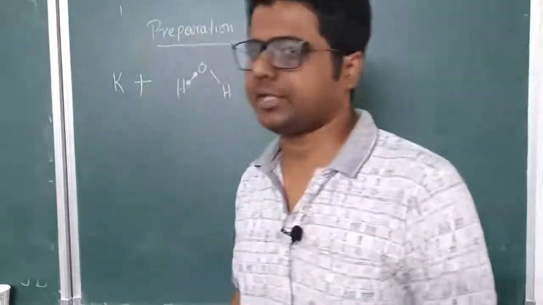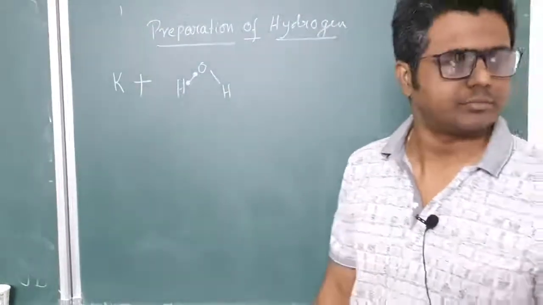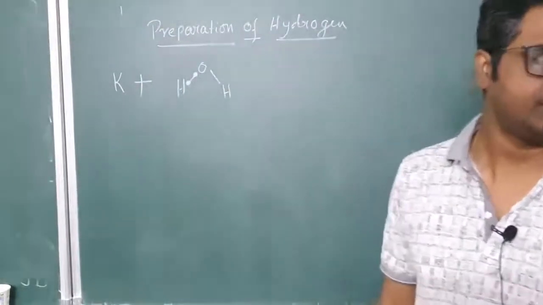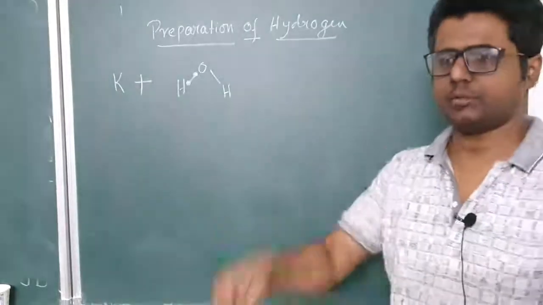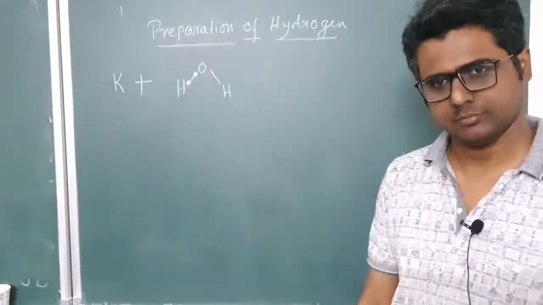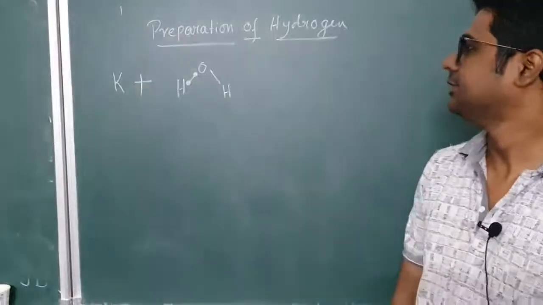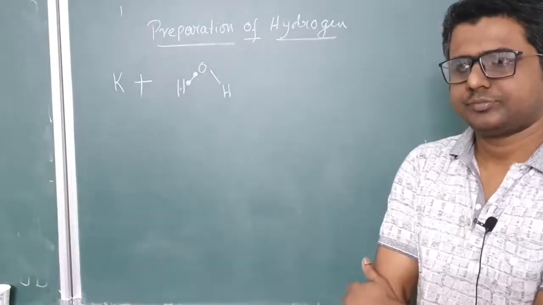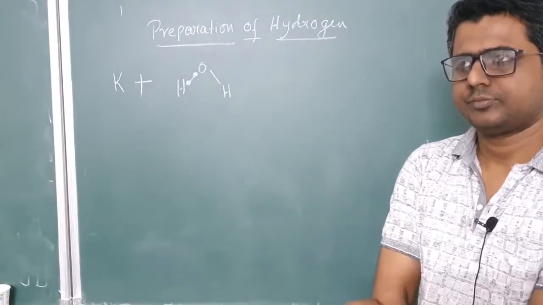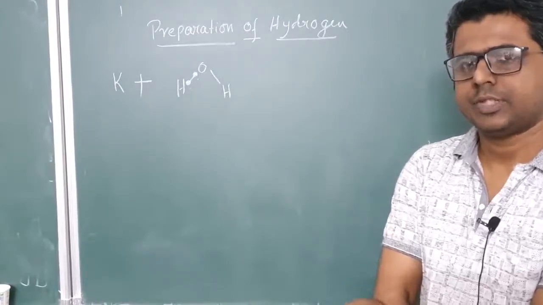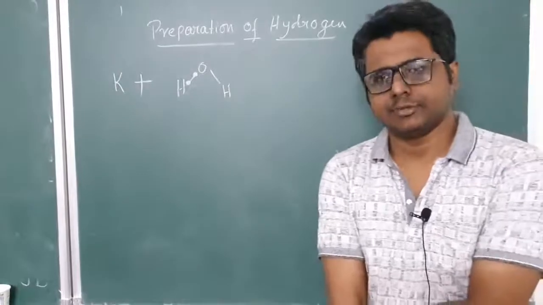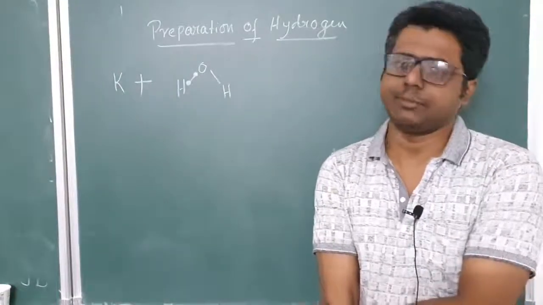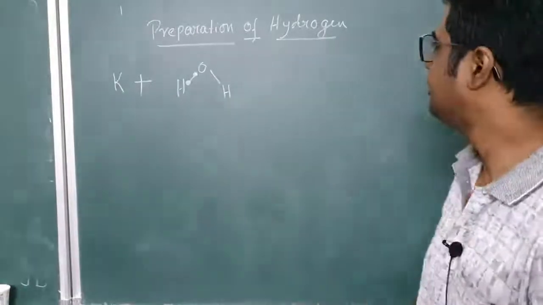I am putting potassium in this water, cold water. Okay? Potassium in this water. I will take water and drop potassium in it. Can you do it? No problem. Okay. Now what will happen? There is something called the metal activity series. We have already studied it in the chemical changes chapter. Okay? So it starts like this.